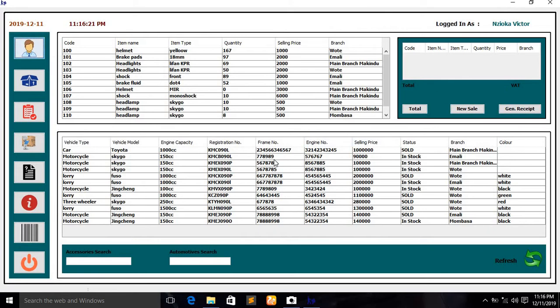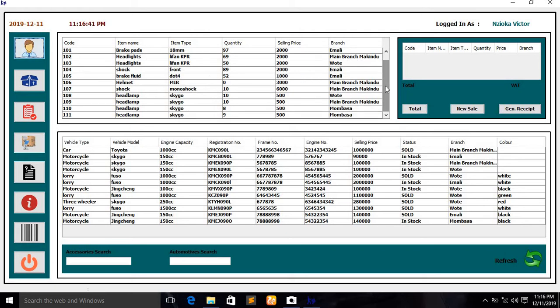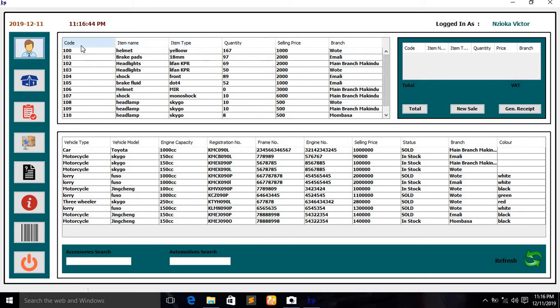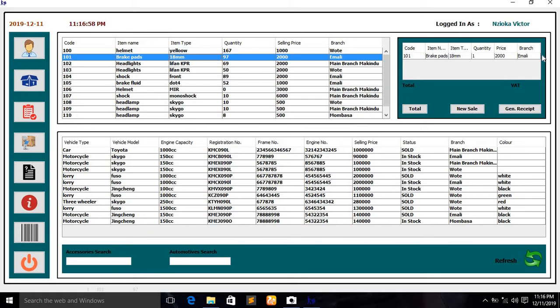Now this table here represents the items in stock and items which have been sold. Those are the vehicles which are in stock and the vehicles which have been sold. You can see the vehicle attributes here, like the vehicle type and so on. Here it represents all other things sold in the organization, like the accessories. So if you want to sell anything from this place, you can select it by clicking what you want to sell, just click like this one, and it moves from the shelf to this place,